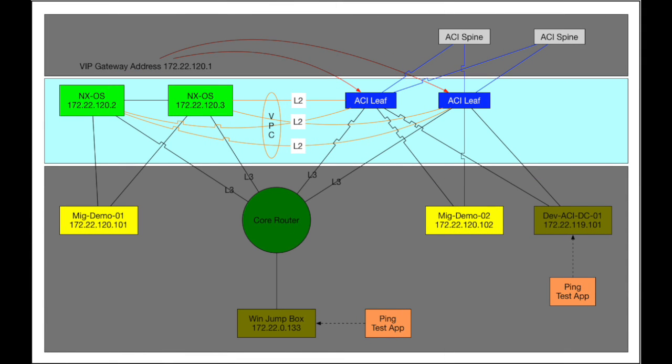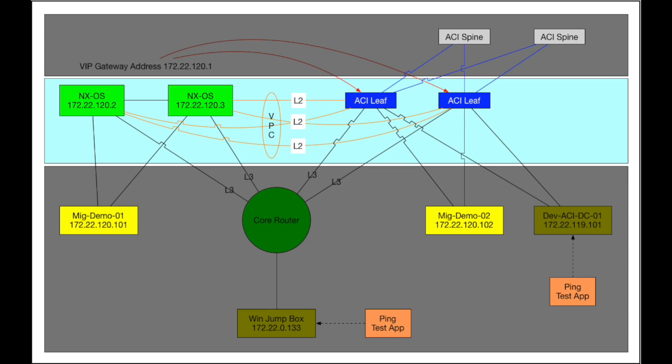I'm going to take some of the setup that I used for some of the previous videos and dissect it a little bit, because I realized a lot of what I did was very targeted, and I'm just going to keep targeting certain aspects of this scenario and show you how I built the different constructs. So today we're going to focus solely on creating a VPC from Nexus to ACI and what that looks like, and then creating a construct within ACI to associate a Nexus VLAN over layer 2, that VPC, into the ACI